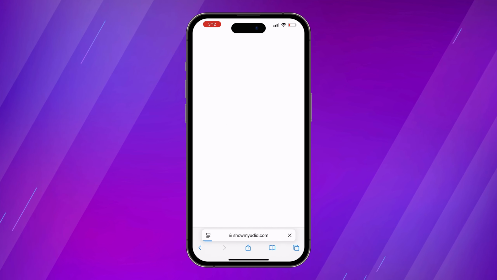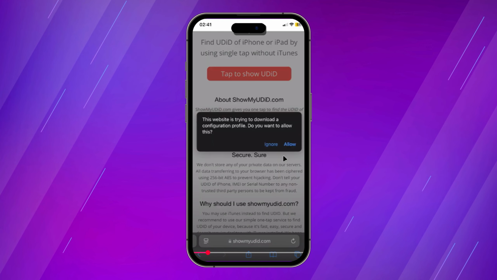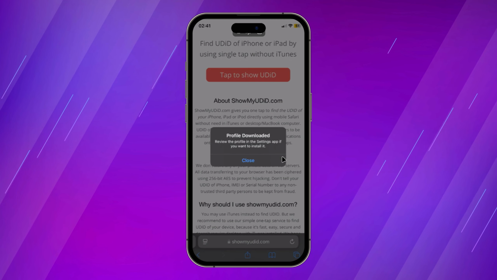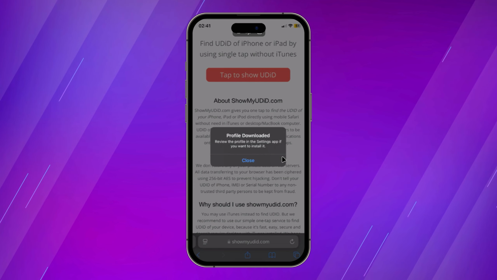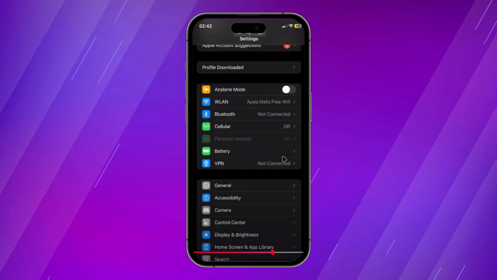From here, what you want to do now is just simply click on tap to show you the ID, and then just click on allow, and then there you go. So it says profile downloaded. So it says right here review the profile in the settings app if you want to install it. So let's just close this, and then let's open up the settings app, and then once we're here just click